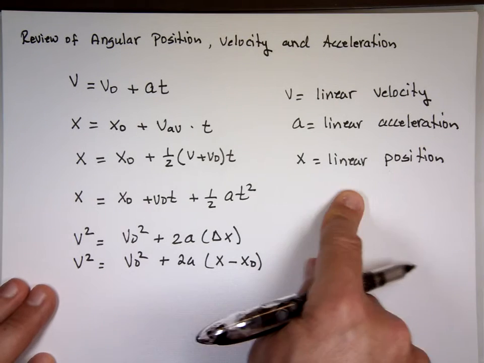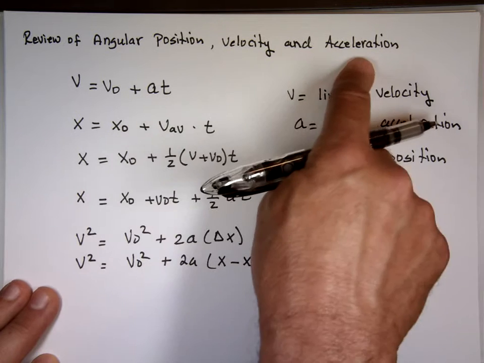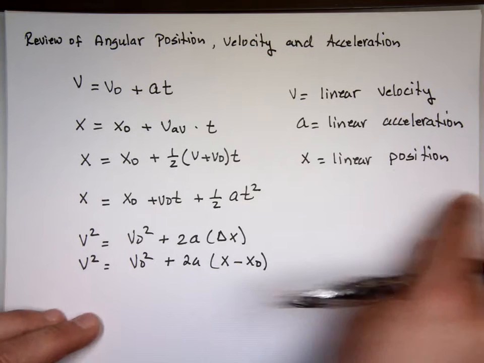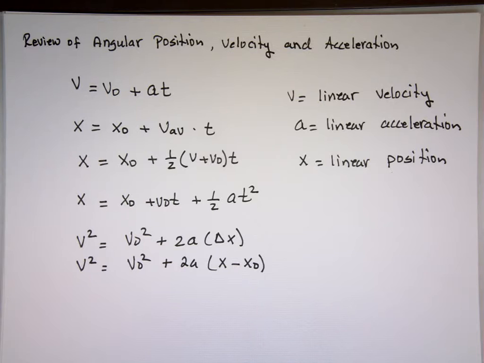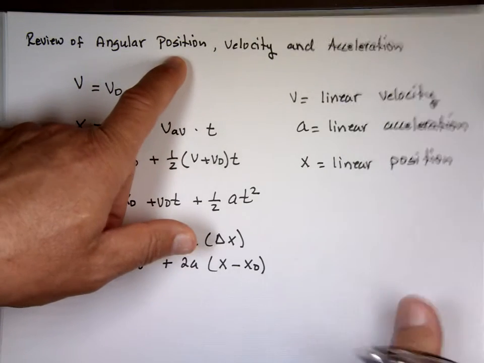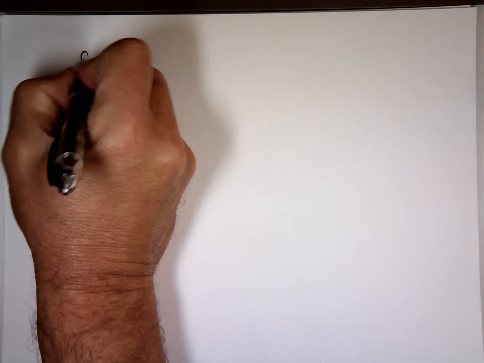These are linear quantities. Now we're dealing with angular position, angular velocity, angular acceleration. What does that mean? When a wheel is spinning, you're not going anywhere on the ground. You've got a centrifuge, you're at a medical lab, and the centrifuge is spinning there. The unit is not going anywhere, it's still sitting on that table, but it's traveling in a circular path. That's called angular position. How far did you travel? The position is no longer x, we call it theta. How many radians? So angular position